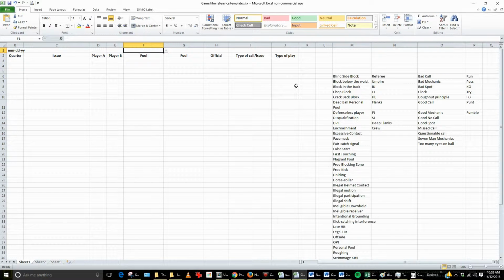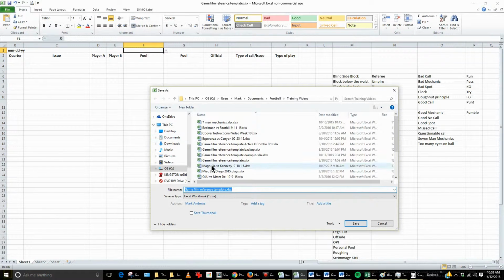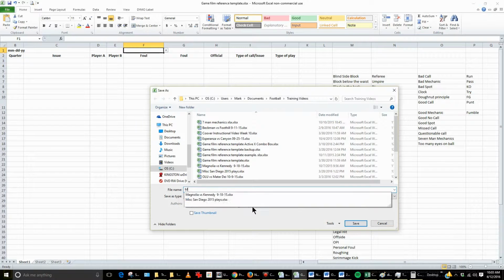Okay guys, so this is the template that we're going to use to record the plays that you want me to look at and possibly use for instructional purposes. So you'll notice the name of the file is right here, Game Film Reference Template. The first thing we want to do is change this so that you don't overwrite this thing, because you may use it again. So do a file and then a save as, and then this one you could call modern day